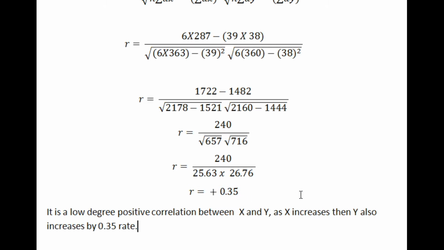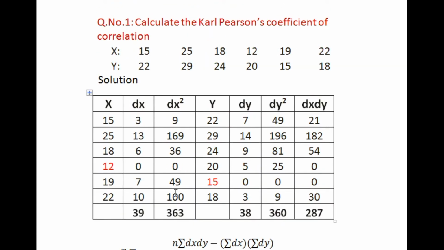I think I have given the theory. So which one is called perfect? If your answer is 1, it is perfect. If your answer is 0.8 to 1, it is called high degree. Then 0.5 to 0.7 is the moderate degree. Less than 0.5, up to 0.3, is called the low degree. Below 0.3, it is called the poor degree correlation. So this was low degree correlation. Remember, low degree correlation. I hope this entire solution is clear to each one of you, right?